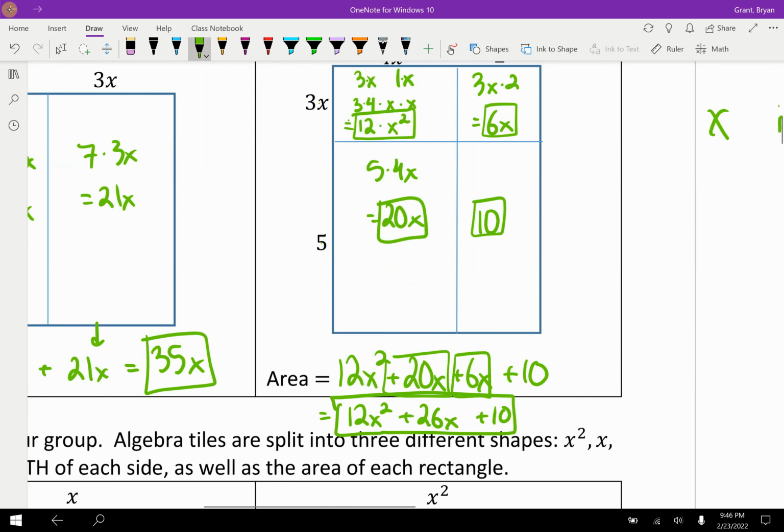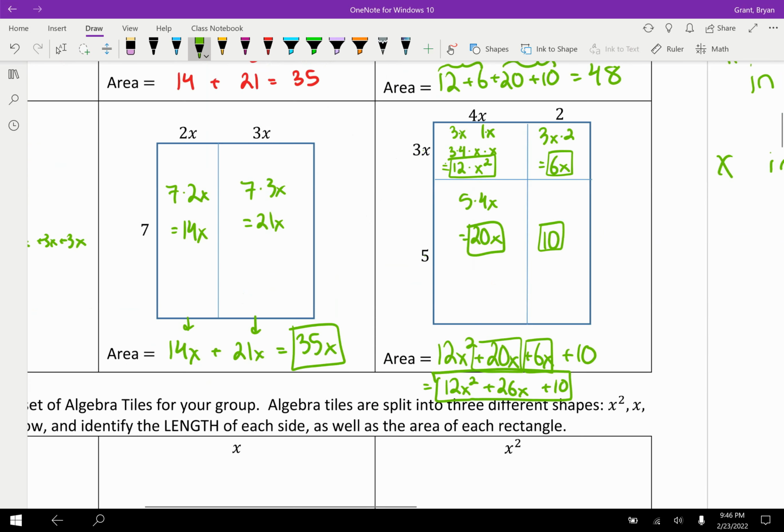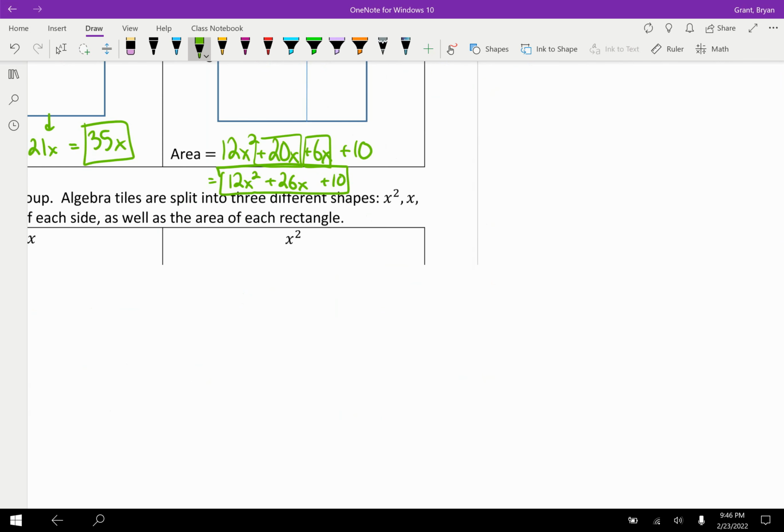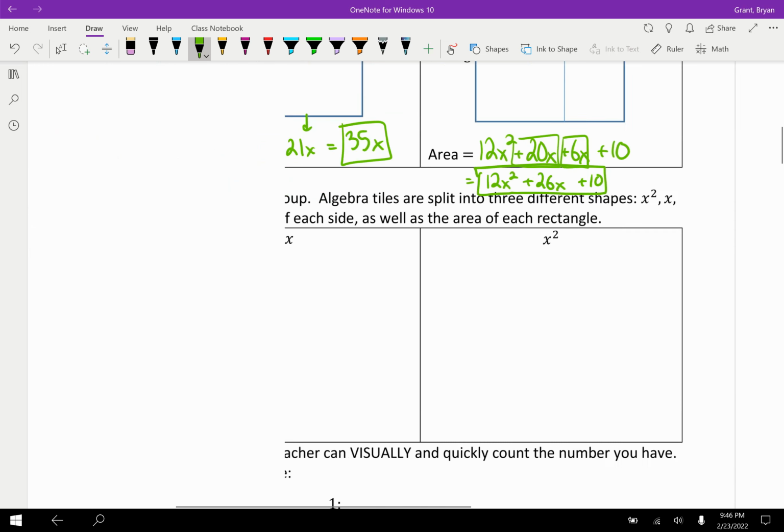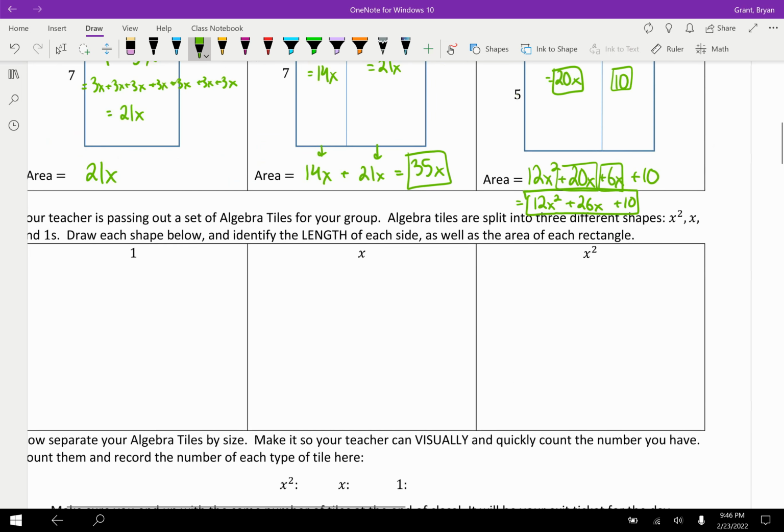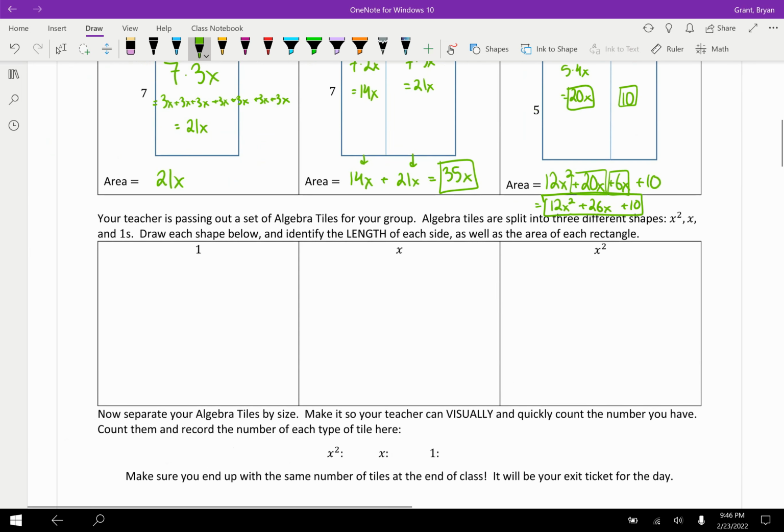Isn't it cool how this area actually tied into last class? Multiplication became addition at the end. So, without further ado, your teacher should be passing out a set of algebra tiles for your group. And I think I have enough in our class so that every group of 2 people can get a set